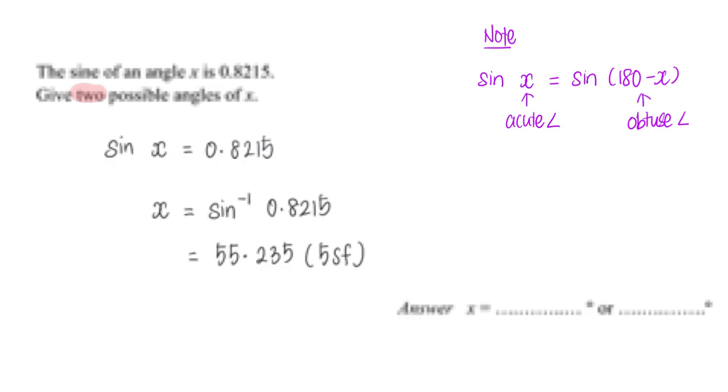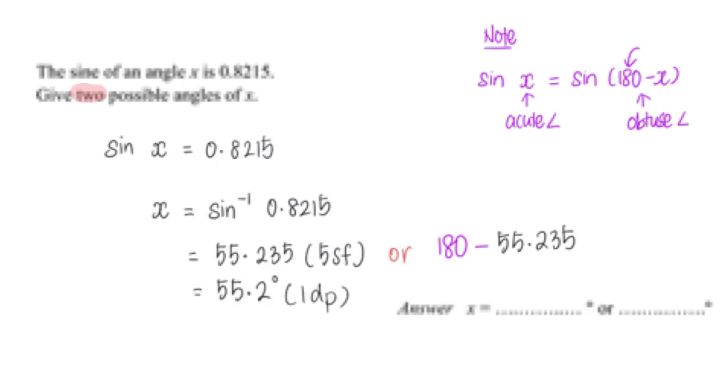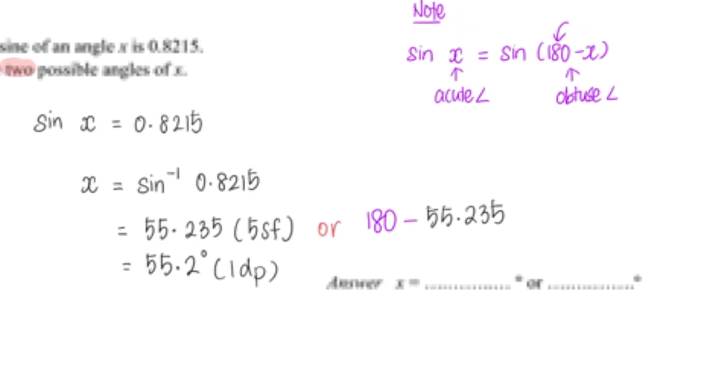So once we know that, we will then be able to get the other value, which is simply 180 minus away this 55.235. And that's how I get two answers. So one answer, since this is in angle, one decimal place, 55.2 degrees. And the second answer would be,